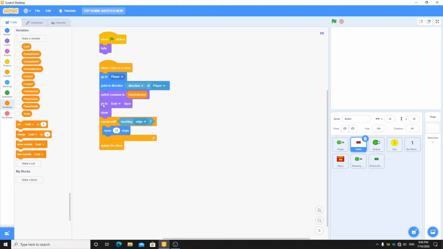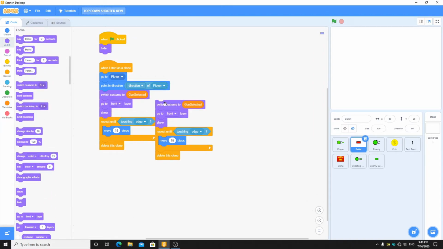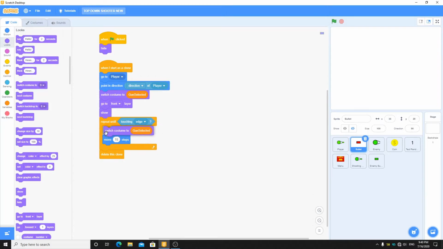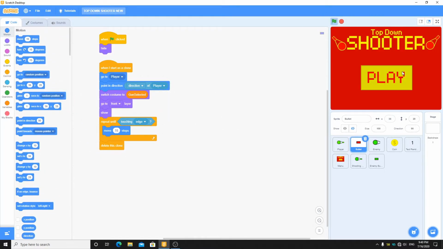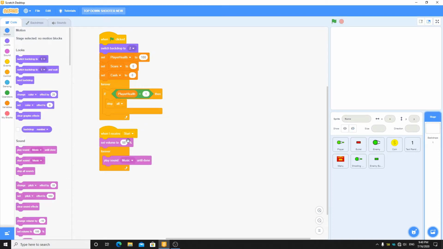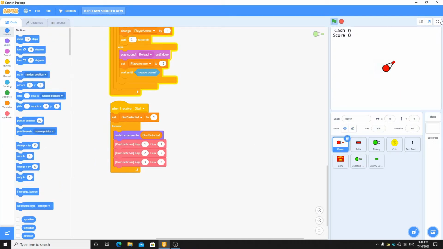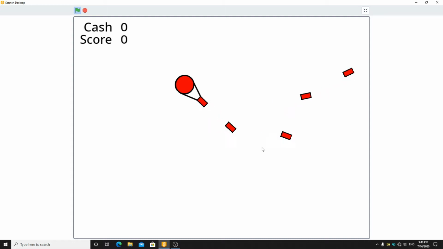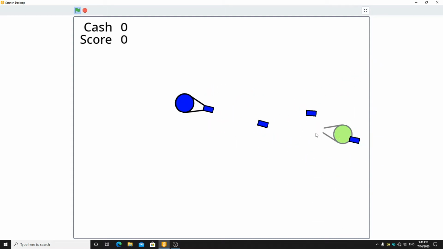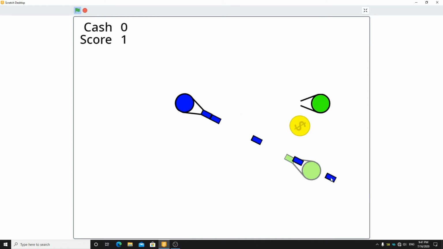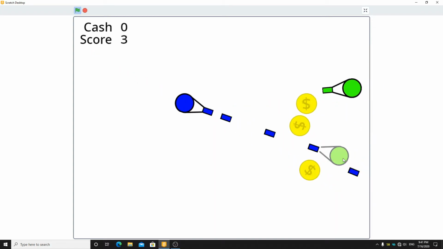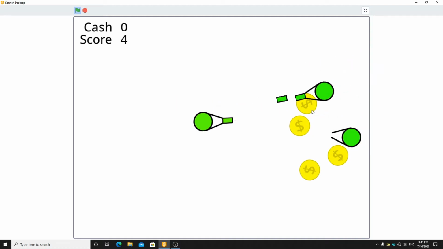If you want to make it better, you can just duplicate this and put it here too if you want, but I don't need this now. So let's now check it out. I should turn off music, it is a lot disturbing. So now let's see. So now you can see when I switch gun, the costume is also switched. Now here you can see this is now green.